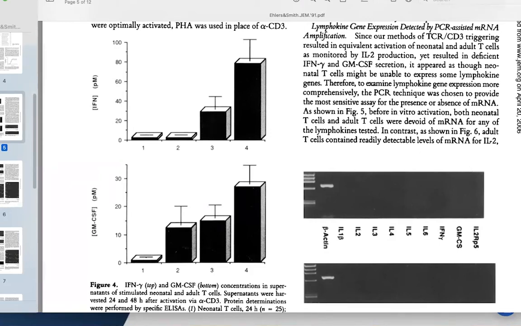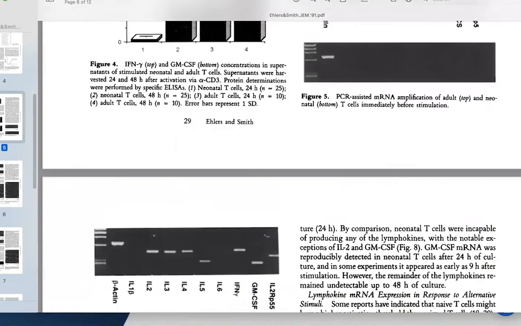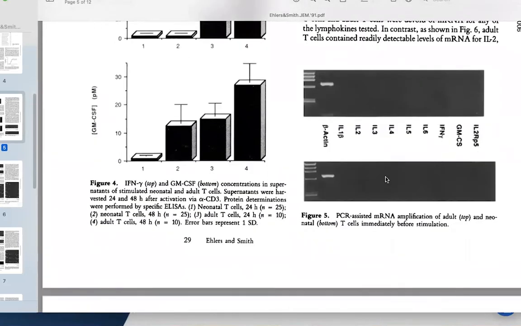So then, once those experiments were done, figure 5 is the PCR technique applied to adult cells on the top and neonatal cells on the bottom, and then looking for IL-1, 2, 3, 4, 5, 6, interferon gamma, and GM-CSF, and the IL-2 receptor alpha chain on unstimulated cells before the experiments were started, before the stimulation, and basically they're all negative. This is beta-actin as a control